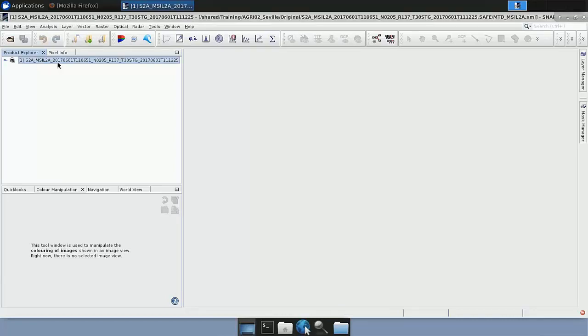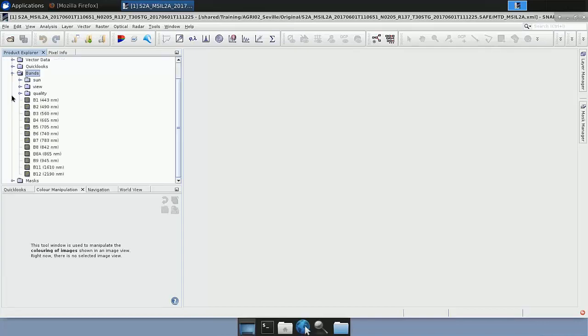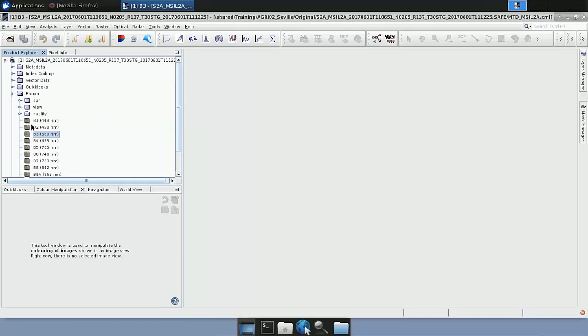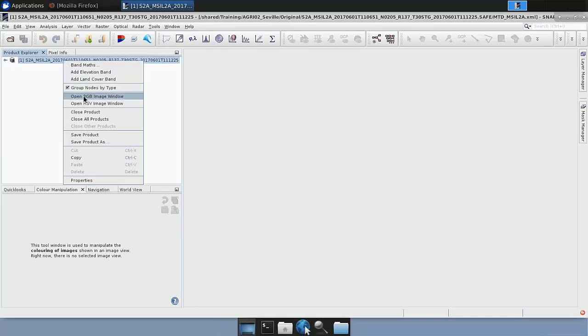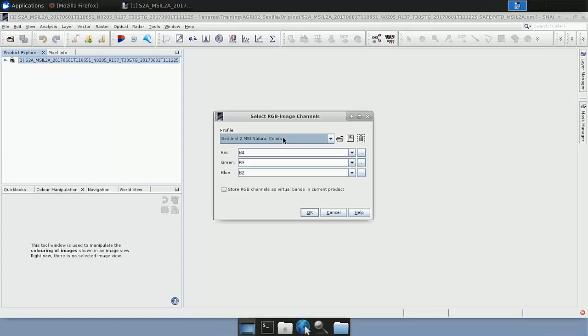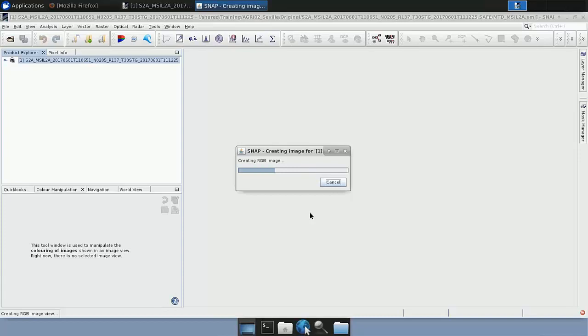We see here the name with some key information such as the date, the tile, etc. We can expand the product to have a look at some folders such as the metadata folder containing all the information about the image. We also have the bands folder, which is the folder where we have all the image itself. So we have band 1, band 2, etc. And now what we are going to do is to open a true color RGB composition. So for that, we right-click on the image and we select Open RGB Image Window. By default, SNAP puts the true color combination for the red, green, blue channels, but you can also use other combinations or create your own ones. But okay, I'm going to use the true color today. So we click on OK,